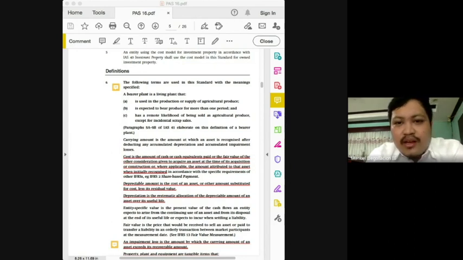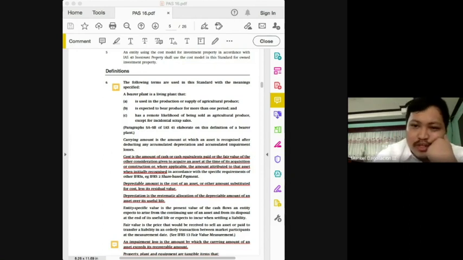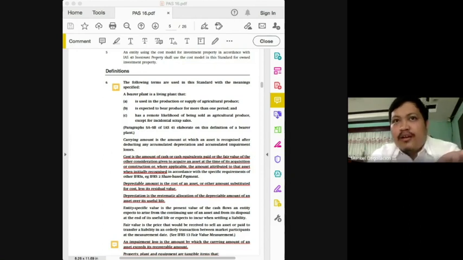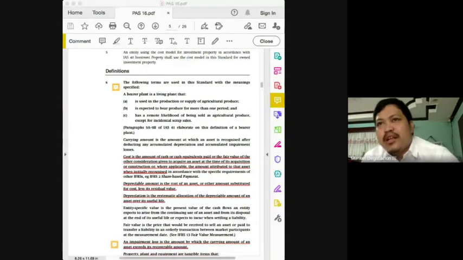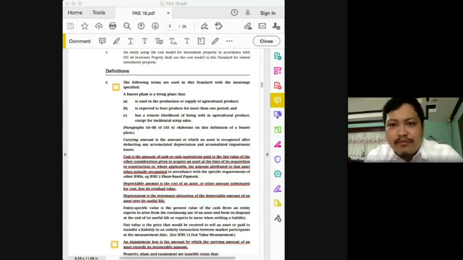Following the logic here, class, the purpose is just to be used in the production or supply of agricultural produce. Then you might think perhaps the laying hens will not actually be biological assets, because its purpose is not for us to manage its growth, but for it to produce agricultural produce. So you might have that idea and think that it can be considered as a bearer animal, but again,